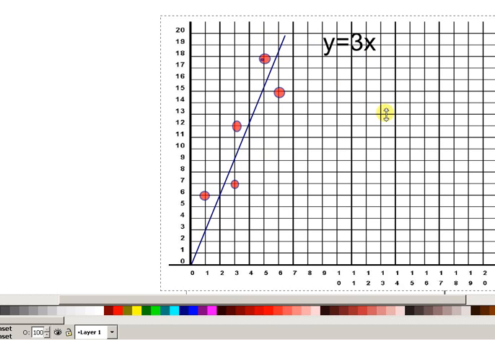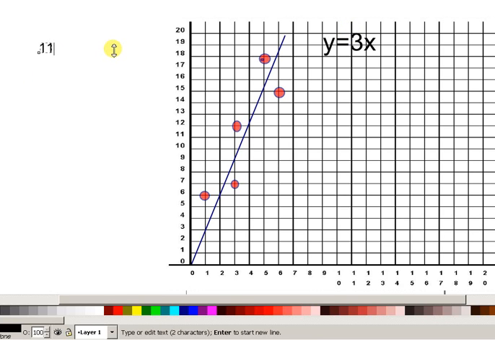Well, let's see. Let me add up all the y values here and get the average. So this y is 6, 7, 12, 15, and 18. So let me get the average of those there. 6 plus 7 plus 12 plus 15 plus 18 equals, so that's a total of 58 divided by 5 points equals, okay, so that's 11.6 for the average